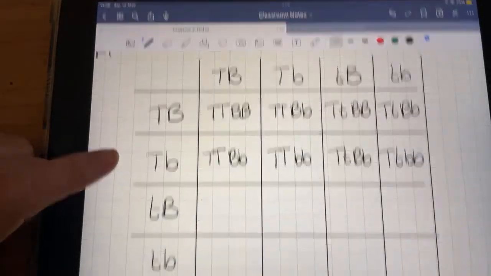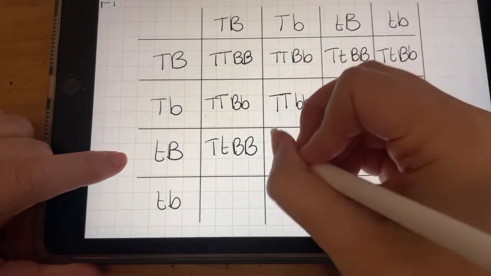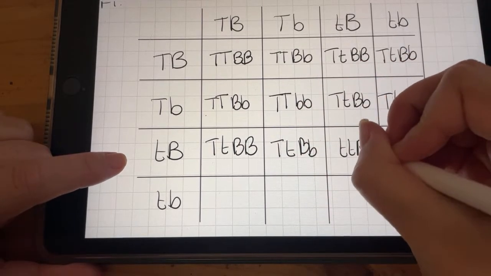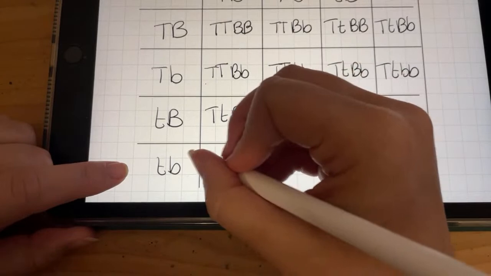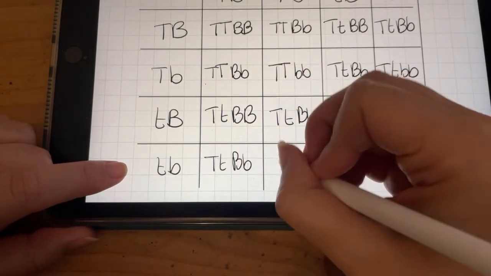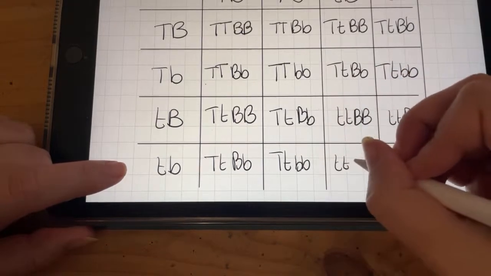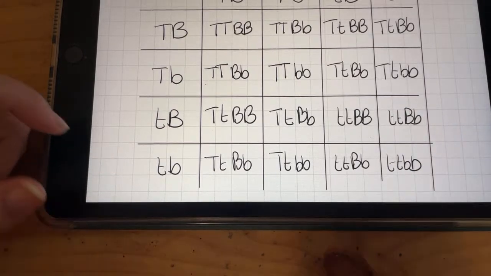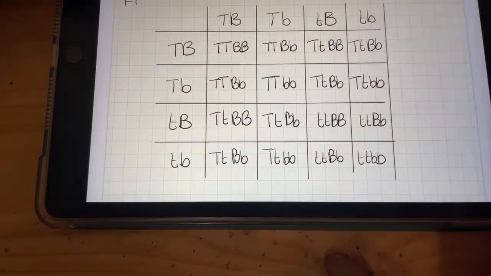Right, let's keep multiplying it into the Punnett square. So we've got capital T, little t, big B, capital T, little t, big B, little b, small t, big B, small t, big B, little b. Last row, big T, B, big T, little t, B. Two little t's, big B, small b. Two little t's and two small b's. Whew, it's a workout to do this whole thing. Okay, so there it is. Now, this is why you should really have some highlighters with you in the exam. I'm going to do the phenotype.